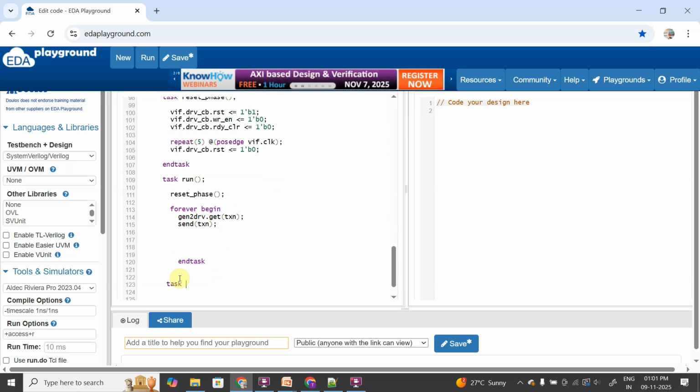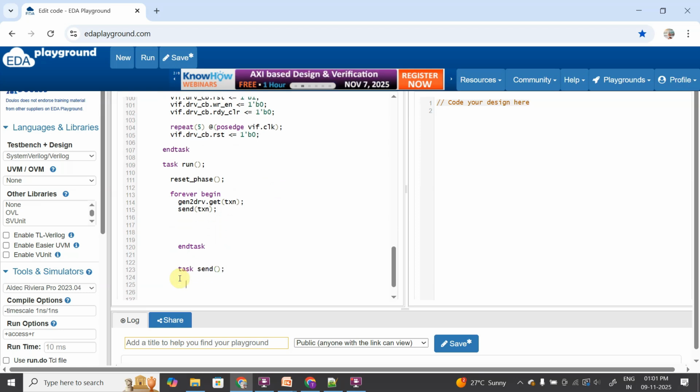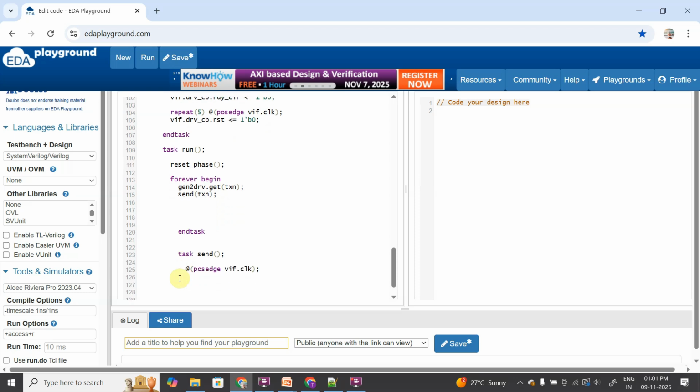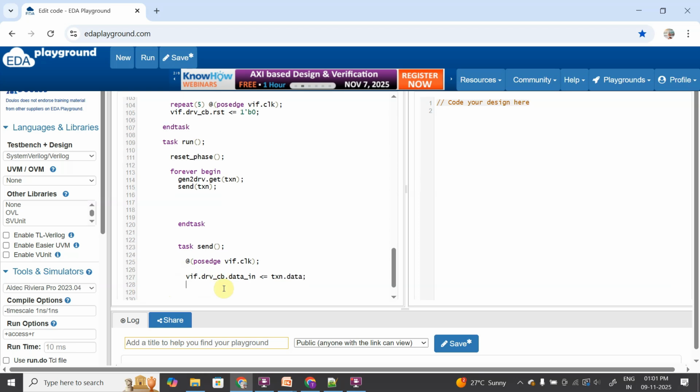So let me declare the task which is known as send. Now what are we going to do in this send task is we are going to wait for the passage of clock, vif.clock. So vif dot driver underscore cb dot data underscore in. So at the passage of clock we are going to provide the data in that is present in our transaction class, txn.data. So from the transaction class, I have told you, right, the driver is basically converting the transaction class